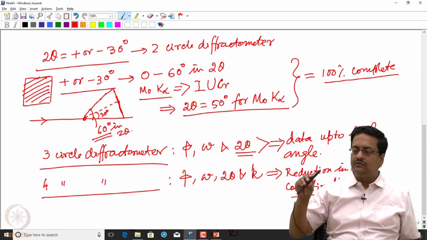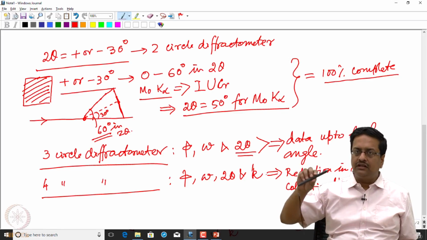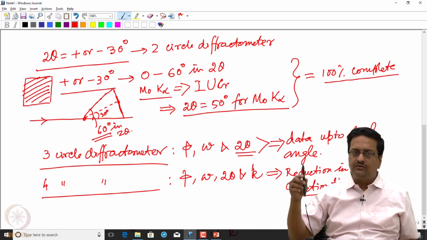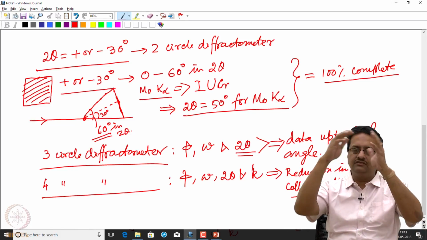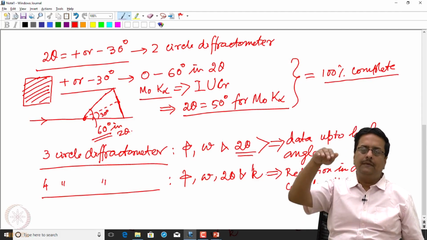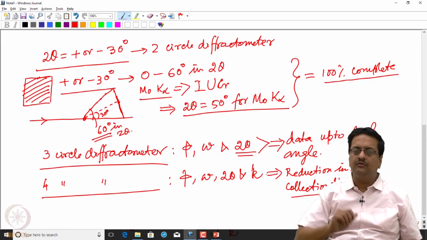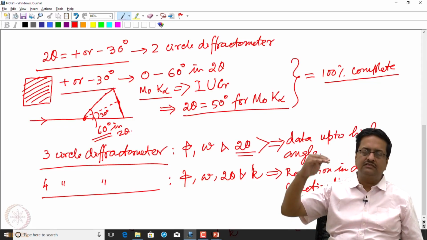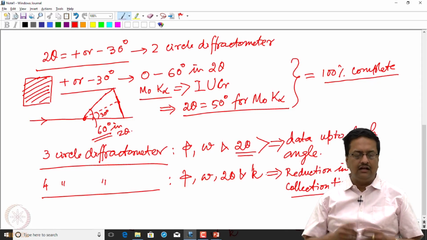Because when you are able to rotate the crystal about this horizontal axis as well, all the reflections which are falling at various places in the reciprocal sphere much above the detector can now be made to fall on the detector by rotating the kappa from 0 to plus 90 and minus 90 and recording